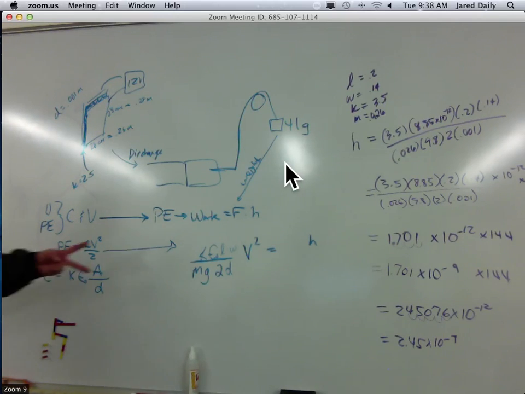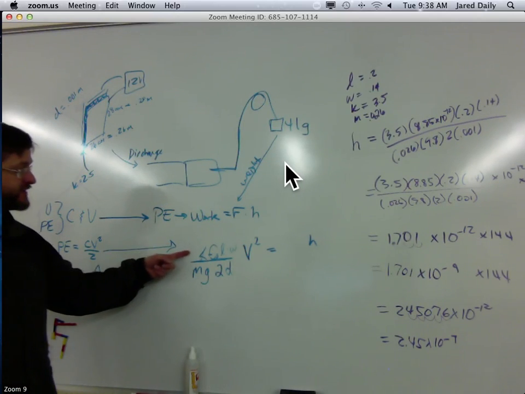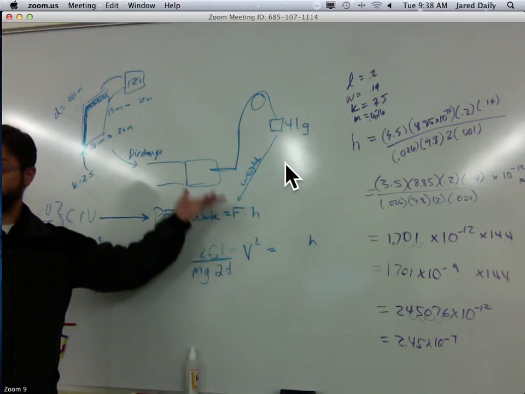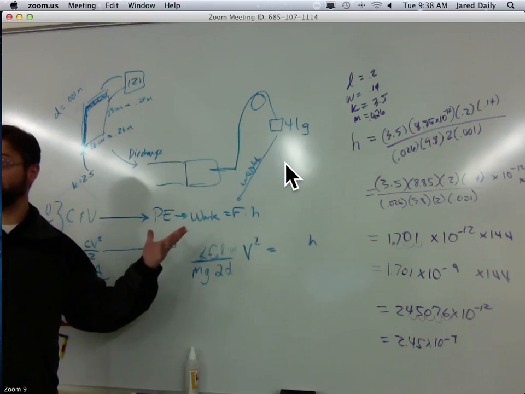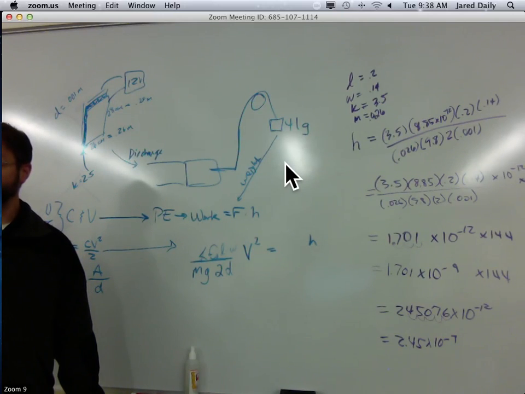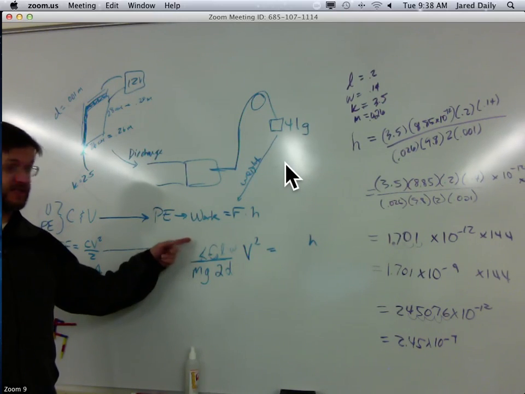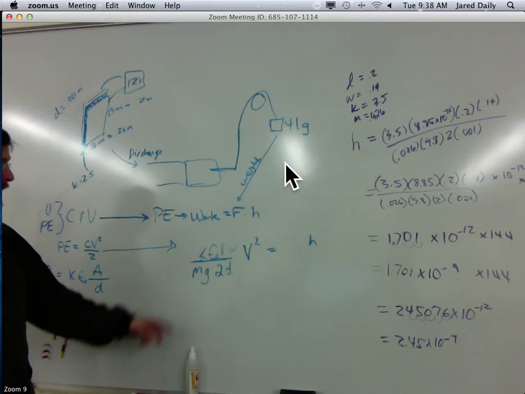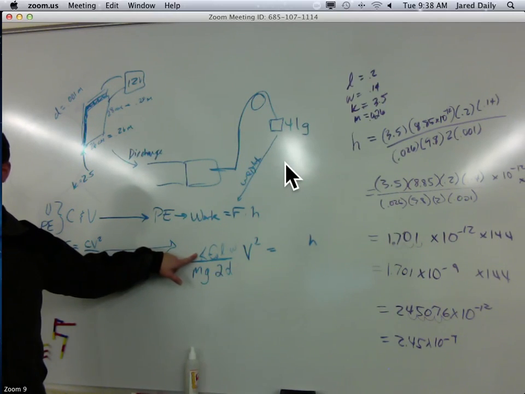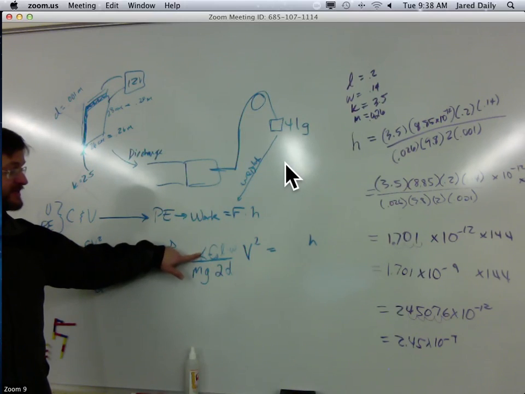Things that make this number bigger. So if all the stuff in the top gets bigger, it gets bigger. If all the stuff in the bottom gets smaller, it gets bigger, right? And vice versa. If this stuff gets smaller, this gets smaller. If this stuff gets bigger, this gets bigger. So what's a part of the top? Voltage? On the top, we've got the first thing that we have. On the top is the